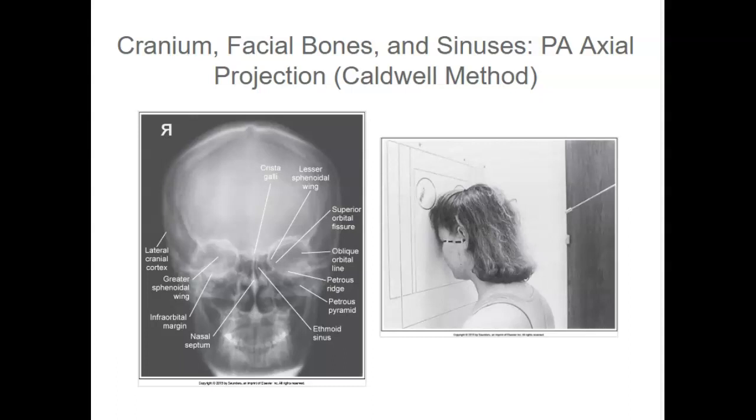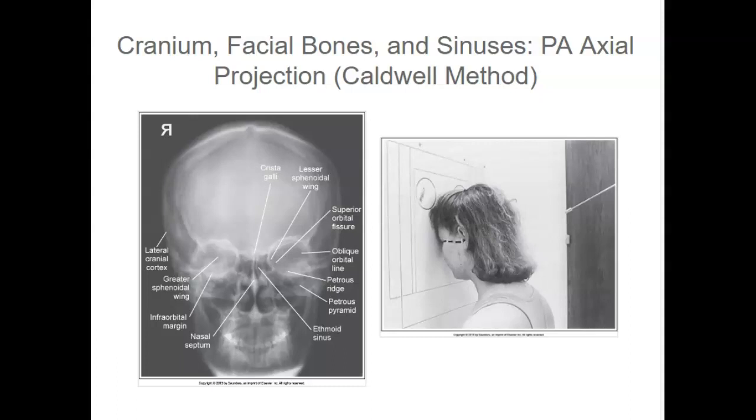The nasal septum should be aligned with the long axis of the exposure field. The supraorbital margins are demonstrated on the same horizontal plane. The ethmoid sinuses should be at the center of the exposure field. For the cranium, the outer cranial cortex and ethmoid sinuses are included within the exposure field. For facial bones and sinuses, the frontal and ethmoid sinuses and lateral cranial cortices should all be included within the